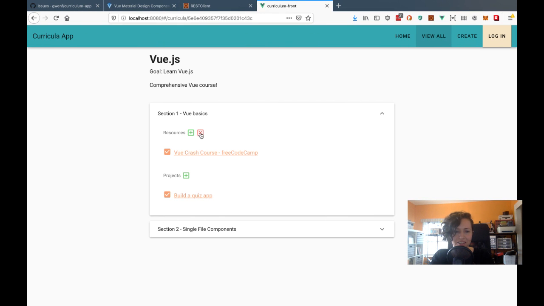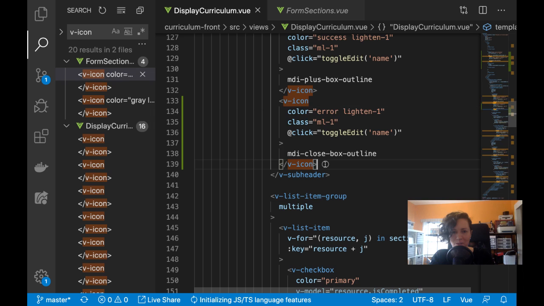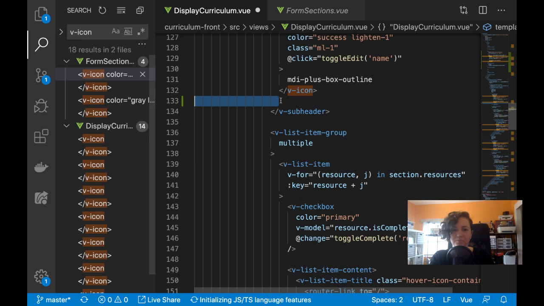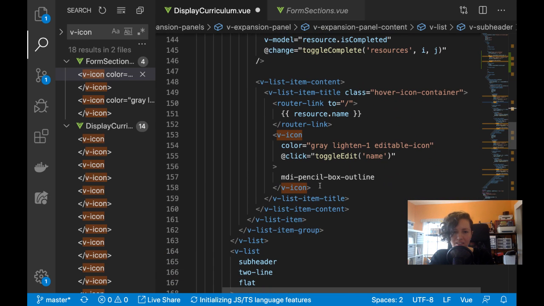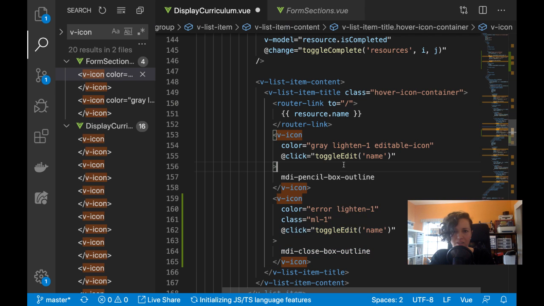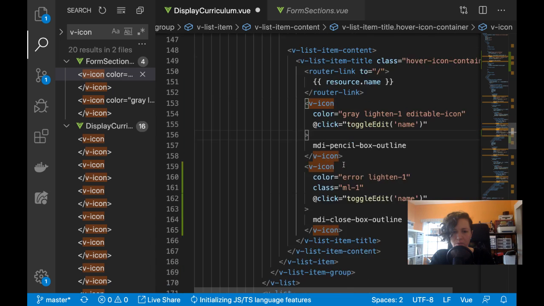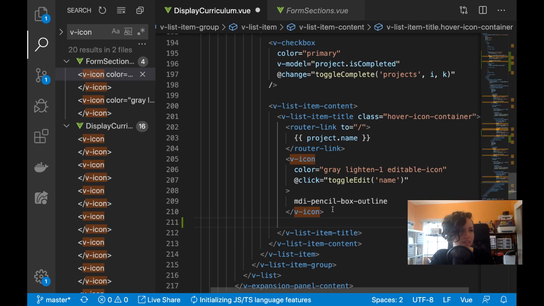All right. Sweet. So now all the resources. Oh, wait. I don't need that here. I actually need it on the edit here. So that's in the wrong place, but here it is. So this is the pencil icon, and now I'll put this here. And these @clicks aren't right, but I'll fix those later. So these are for resources, and then